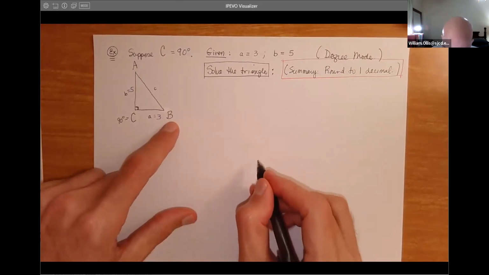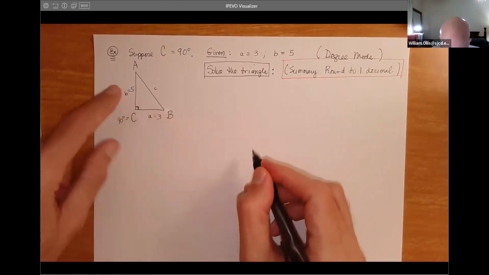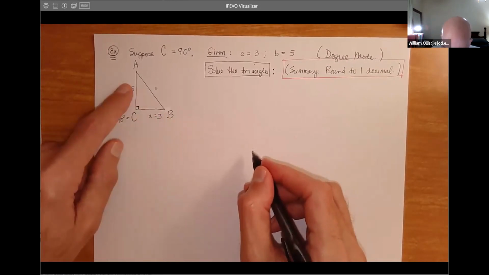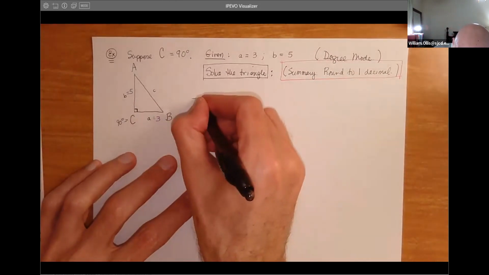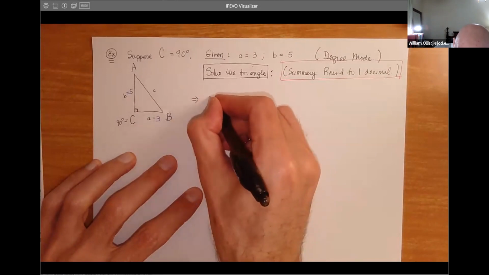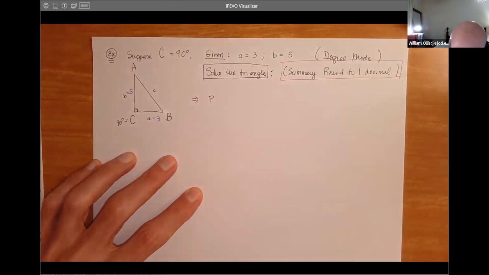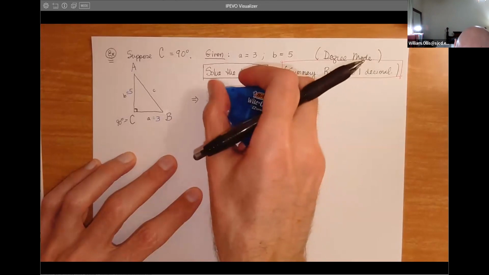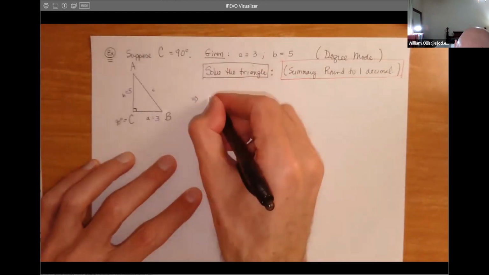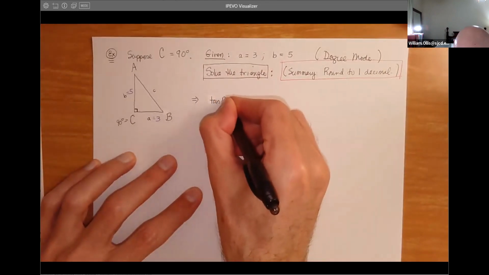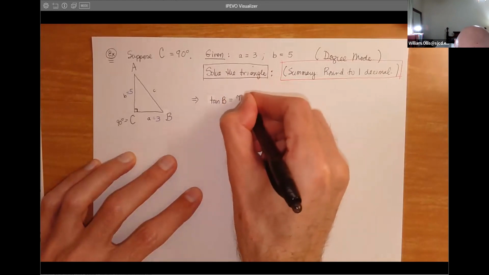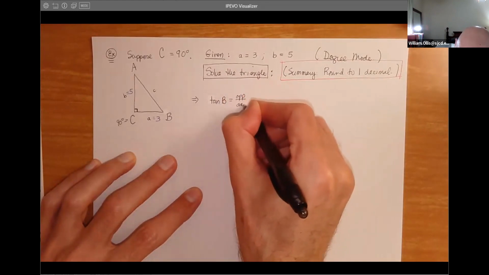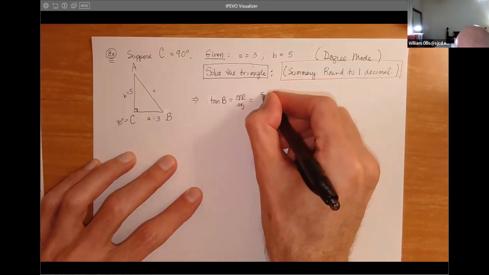Now angle B, we can just use the tangent function, opposite over adjacent. So tangent of B equals 5 over 3,